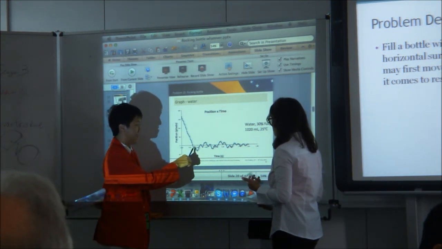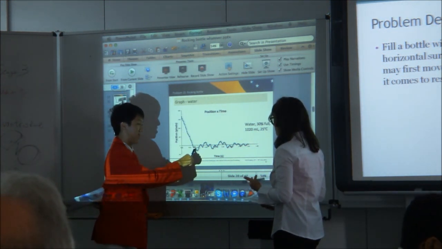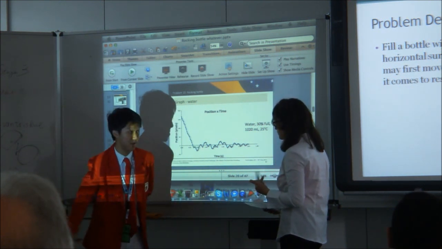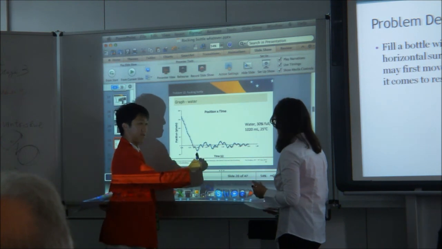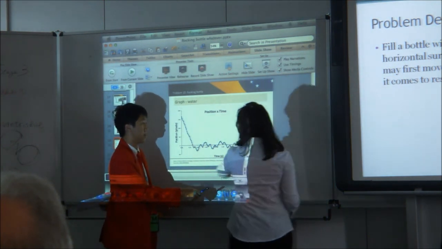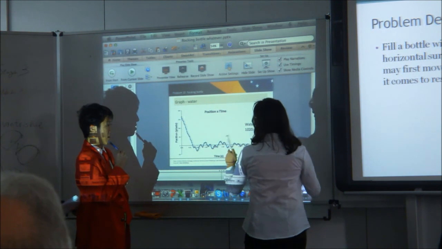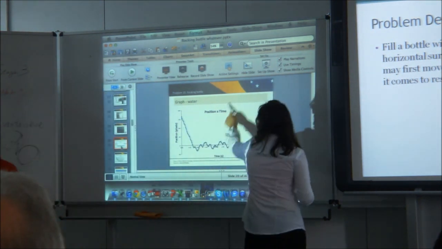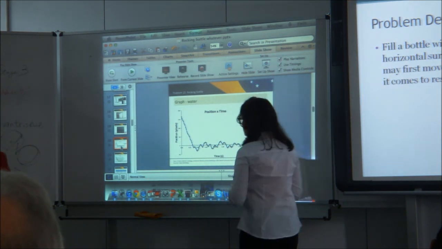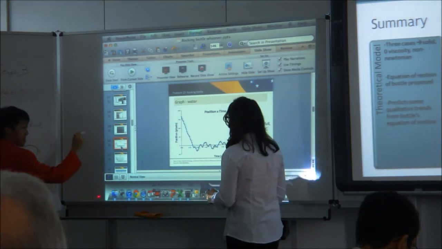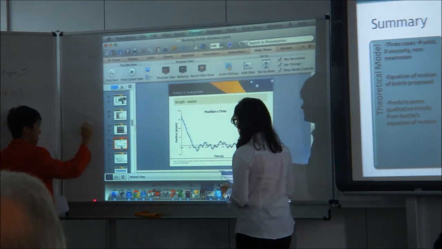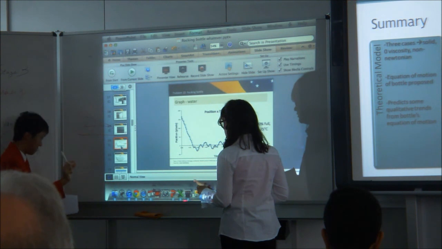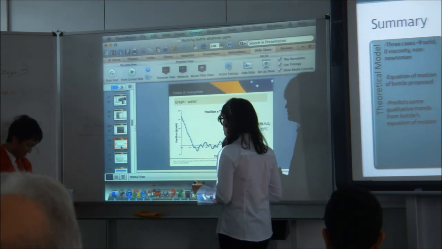About this, in your opinion, which one is it? If let's say my floor was not that flat, how do you suppose this graph would change? The bottle will move very much, a lot more. The graph would be like this and this. Okay, now we are thinking that the ground is flat, right? So the bottle just moves left and right this way. If let's say there was a small part,